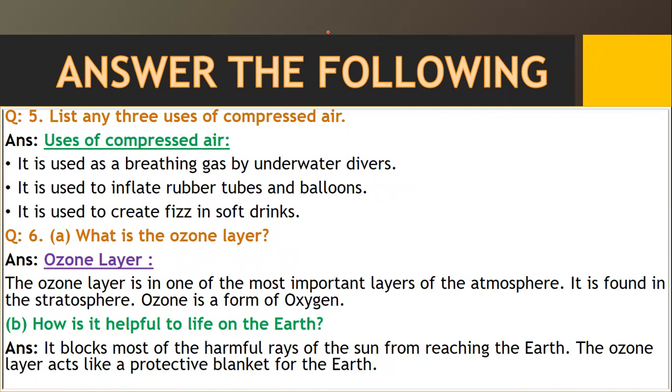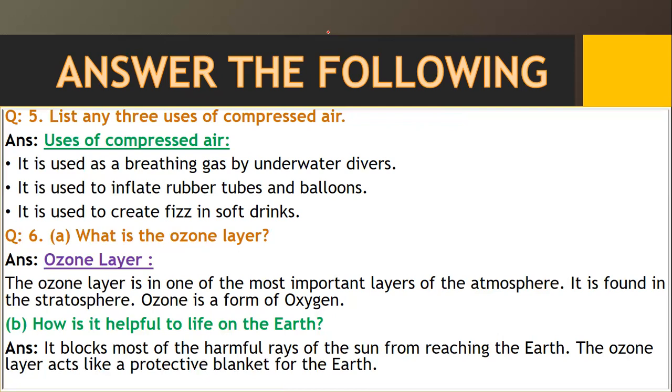How many layers we learn? 5. Troposphere, the first layer, is thick and rich in oxygen. It is 21% of oxygen in atmosphere. The ozone layer is present in the second layer, that is stratosphere. Ozone layer is made of oxygen and protects us from ultraviolet radiation of the sun, which keeps us safe from